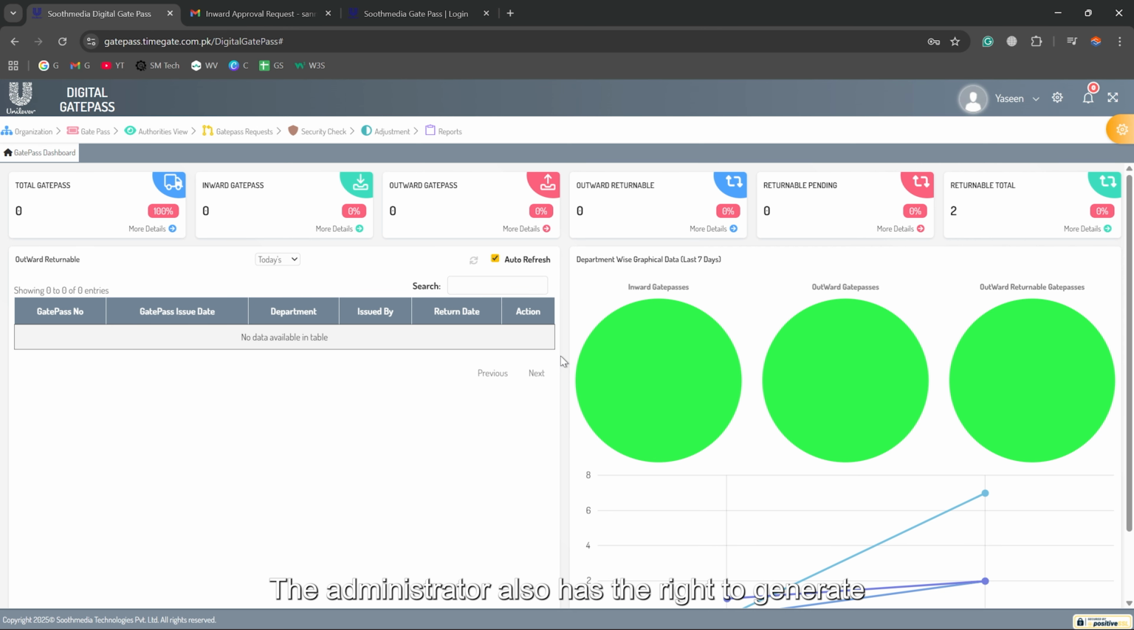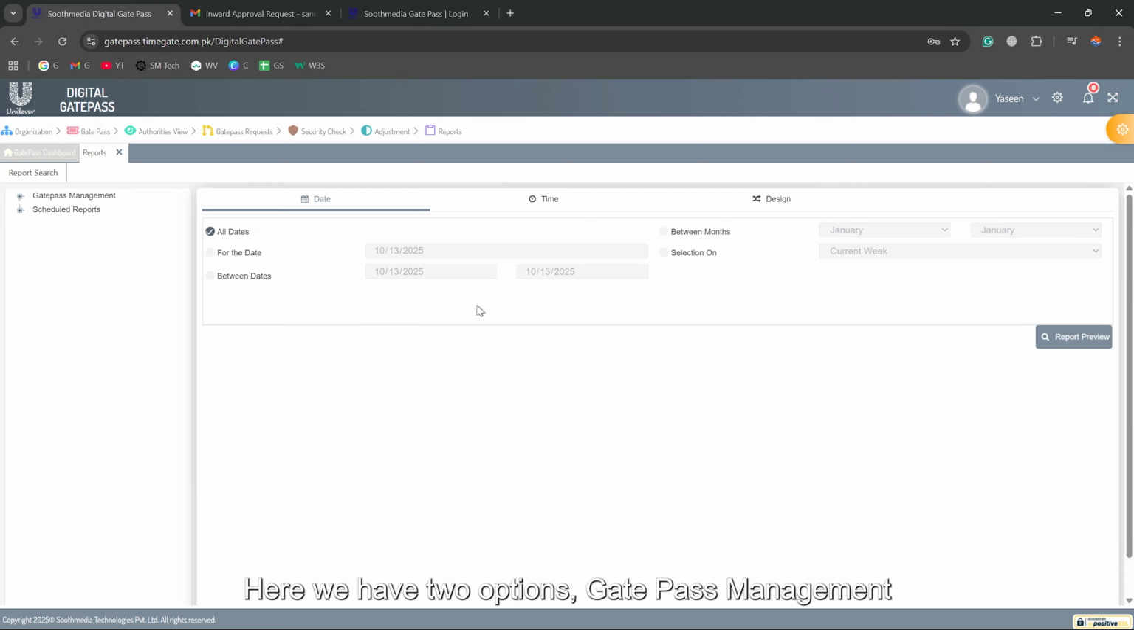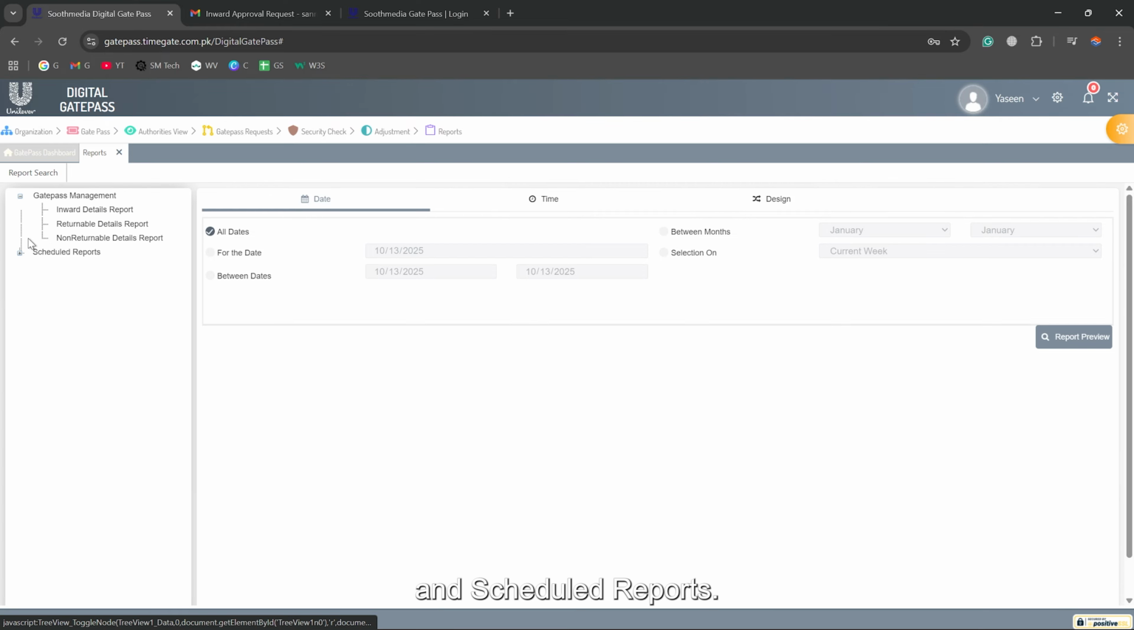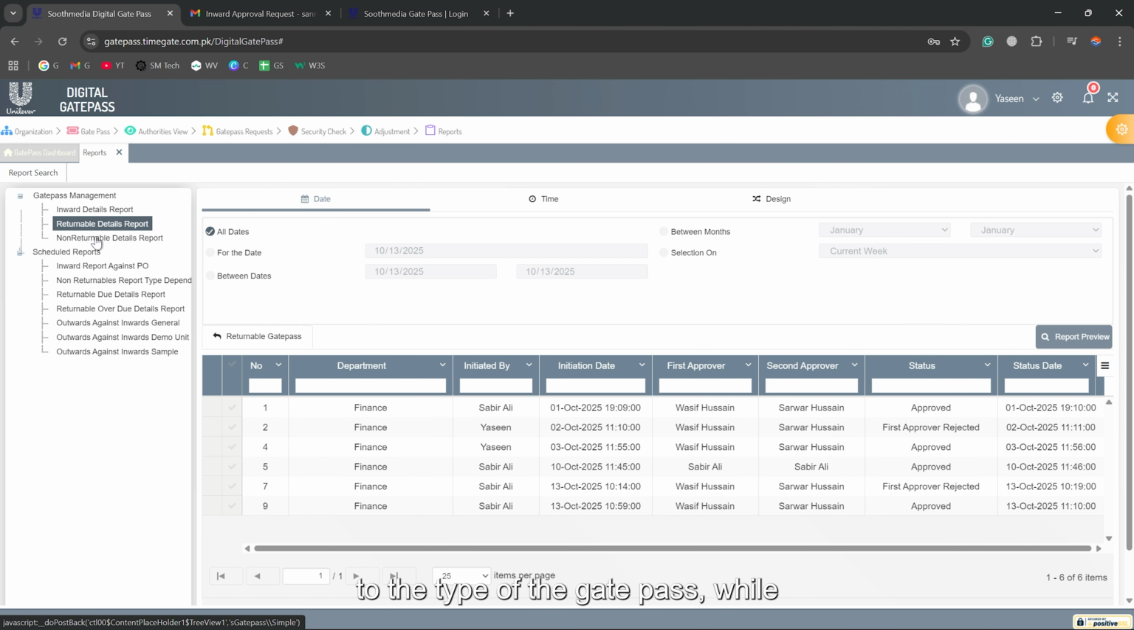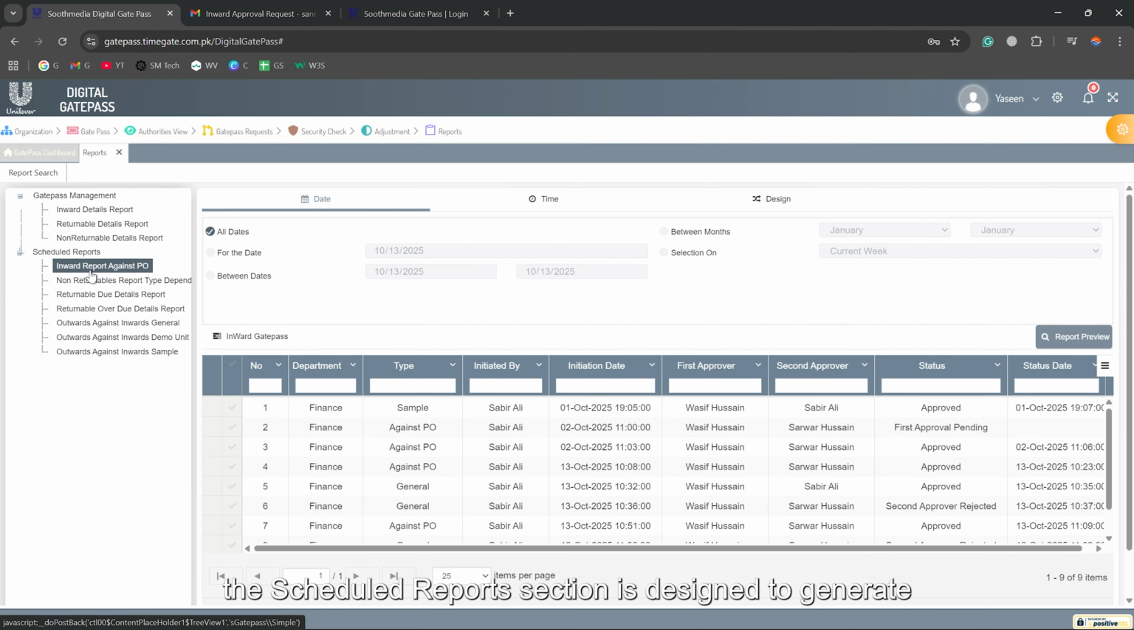The administrator also has the right to generate and view complete, detailed reports and export them to a number of formats available. To do this, go to Reports. A new page will open. Here we have two options: Gatepass Management and Scheduled Reports. Gatepass Management section can generate reports according to the type of the Gatepass, while the Scheduled Reports section is designed